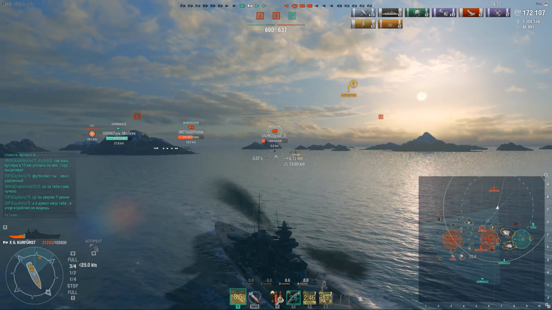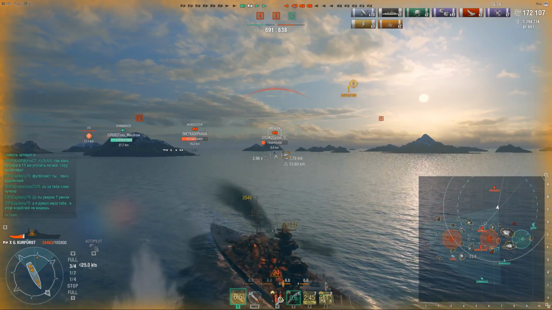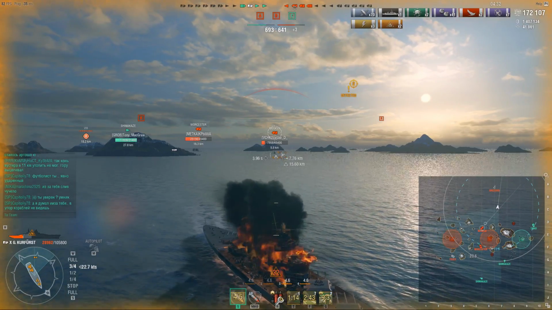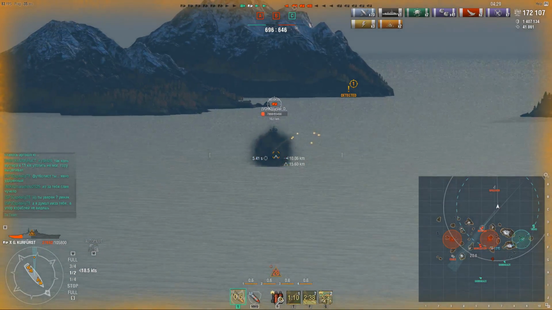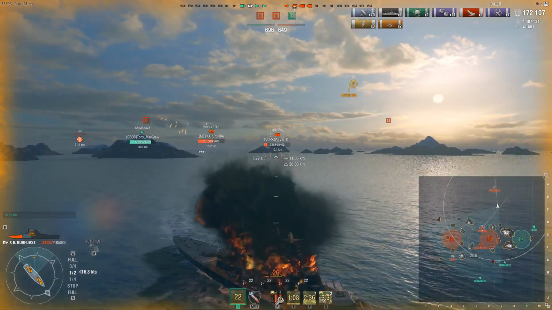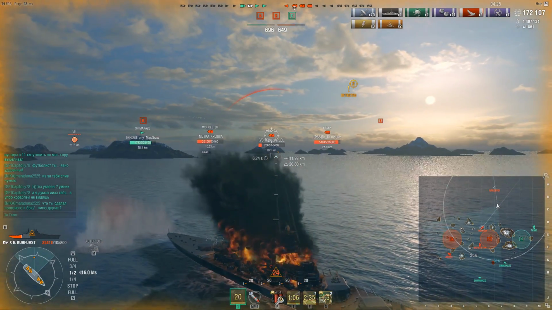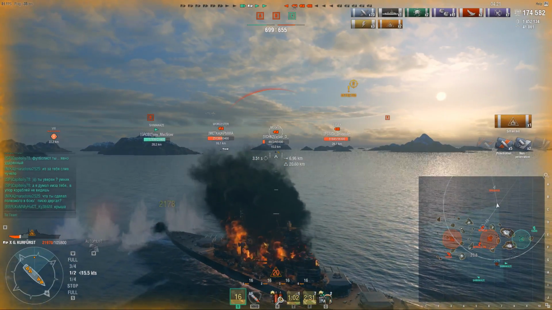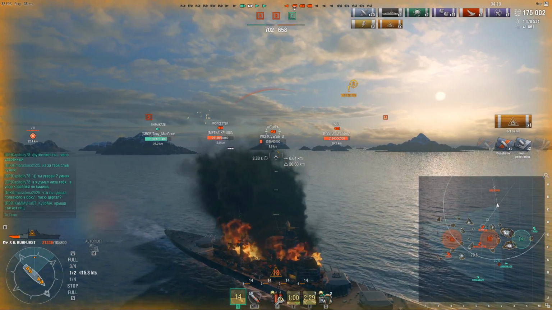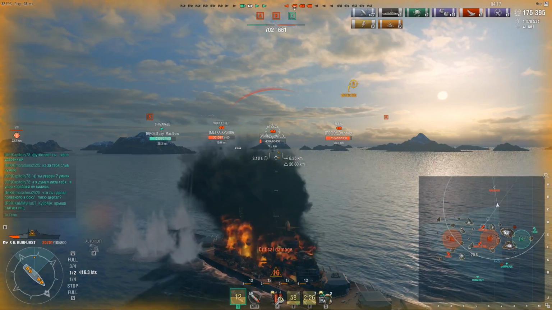dodge the torps. At this point, my AP has done so much damage and broken the turret so many times on this Moskva that I'm switching to HE to secure the kill, because of course the HE pen is more than enough to overcome his 50mm armor, so I can actually get the kill here. So I'm switching to the HE, 5 pens, but almost no damage, and probably a bit of saturation playing a